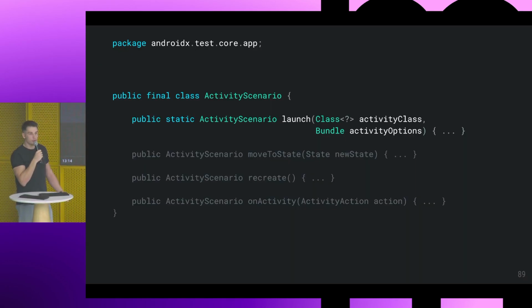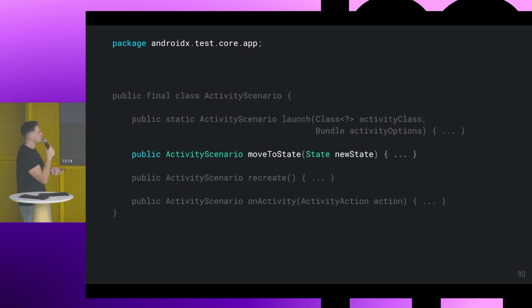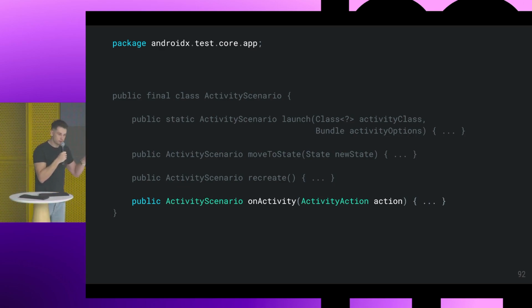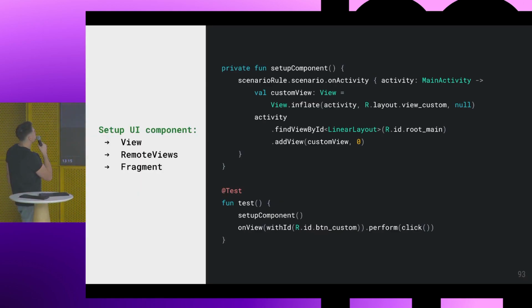Also, ActivityScenario can help us with some other things. We can just move our activity to some state, created, resumed, and so on, or even just recreate it and verify how our activity restores its state. But personally, I have never used this. But I used this one, onActivity. It is interesting because, as you remember, we're now on the instrumentation thread, and if we need to do something with the application UI, we need to be on the main thread. And this one posts your action to the main thread. Why can it be useful? If you need to